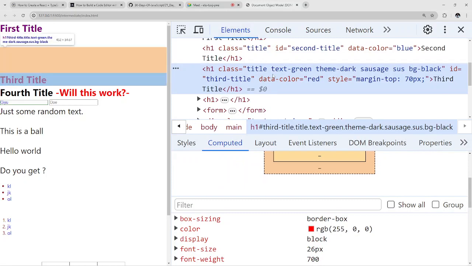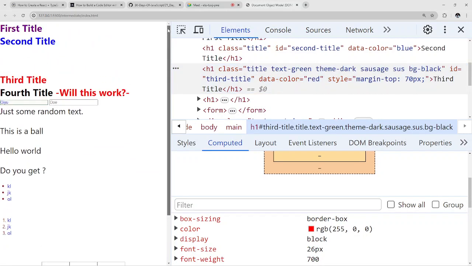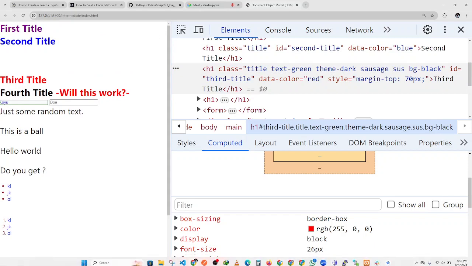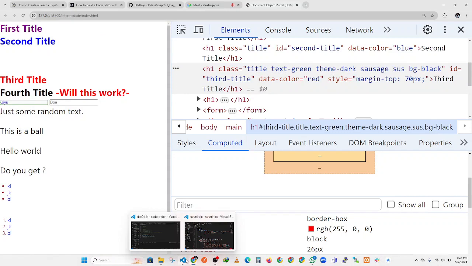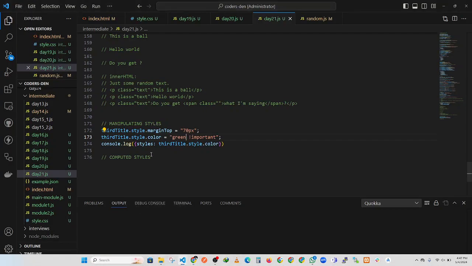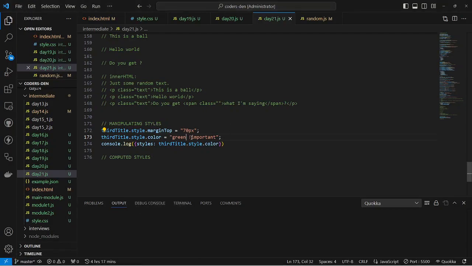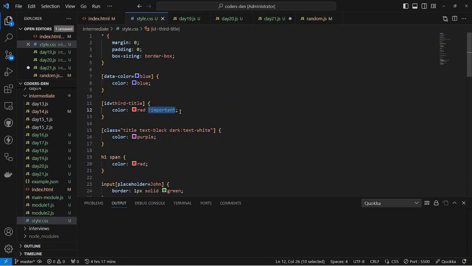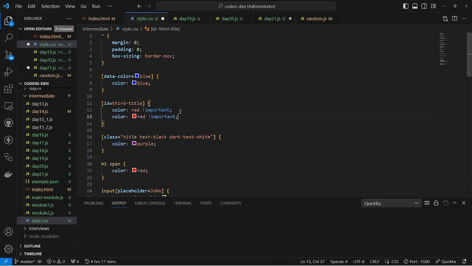That's interesting. Well, that's sad. So for now, we've not found a way to defeat important in CSS style. Okay, but anyway, let's just use this chance to look at getComputedStyle. So remember how I said